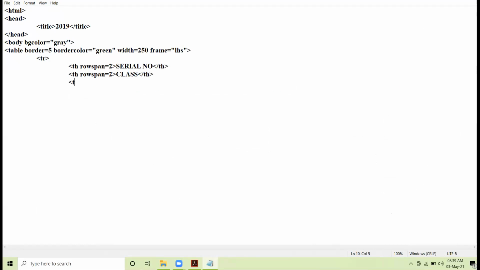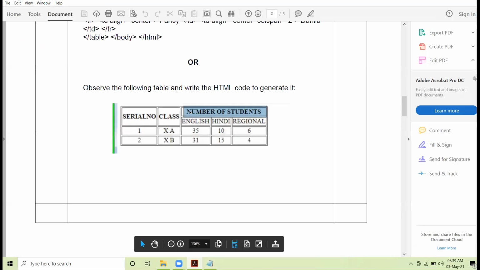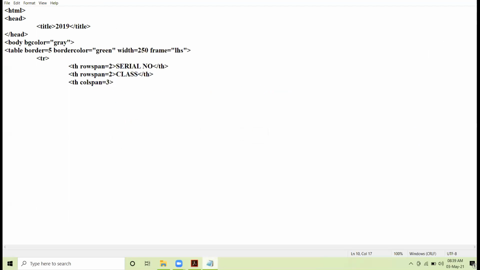Then we have the third cell, which is spanning across 3 cells and moving column wise. So this is the case of col span. So here we will write number of students, and here I close the th tag. So here my header row finishes. So I am closing the tr tag.